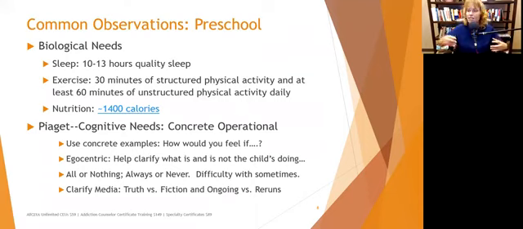If it happened in New York or Australia or wherever it happened, that means nothing to a preschooler. They understand where they are right now. They don't understand how far away New York is from where they are. So we want to make sure we clarify these things for children.